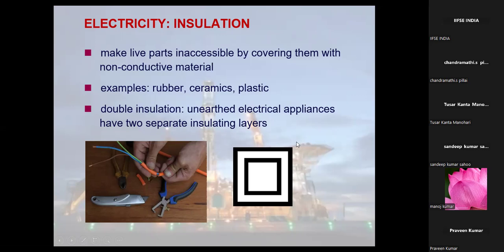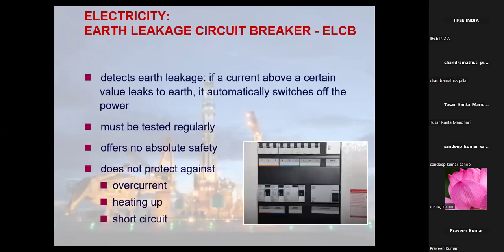You can see it on your chargers, on your mobile phones, latest electrical items such as microwave oven, or it can be your iron, the iron that you use for your clothes. All these have this particular mark. That means it is double insulated. Then ELCB, the function of ELCB.